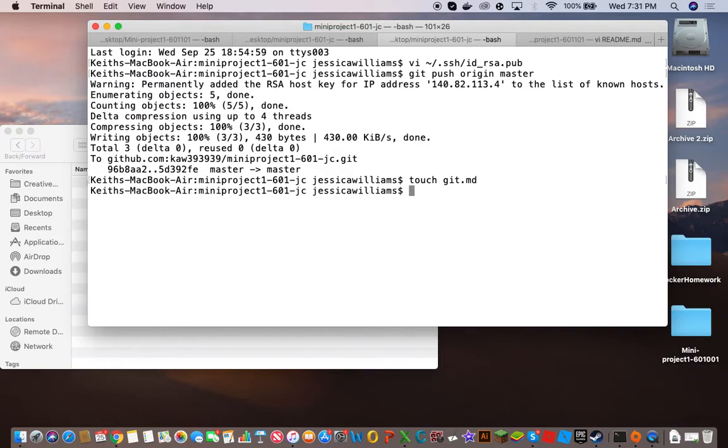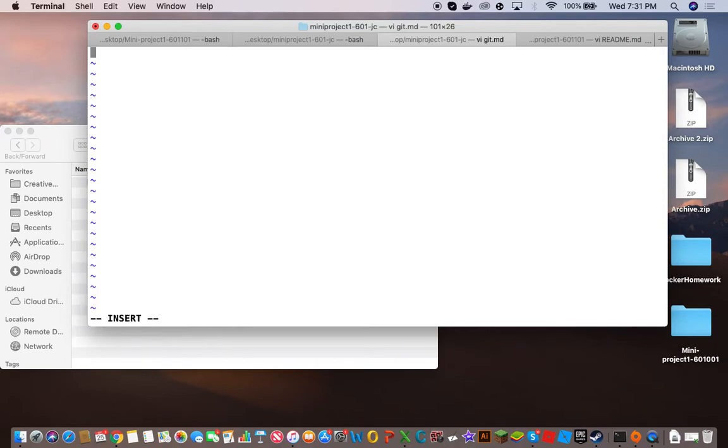So touch is a Linux command that just makes an empty file. That's all it does. You can also do vi and open the file up or create a new file from scratch. But sometimes you might just want an empty file because you're going to make a few files at one time. So I would do vi git.md, and then I'm going to put # git tutorial,